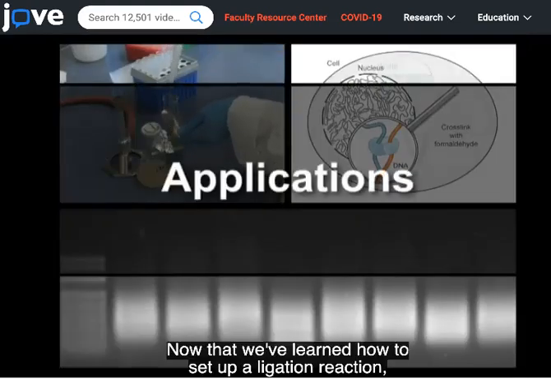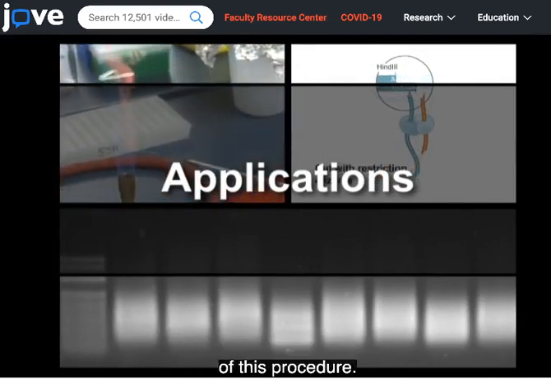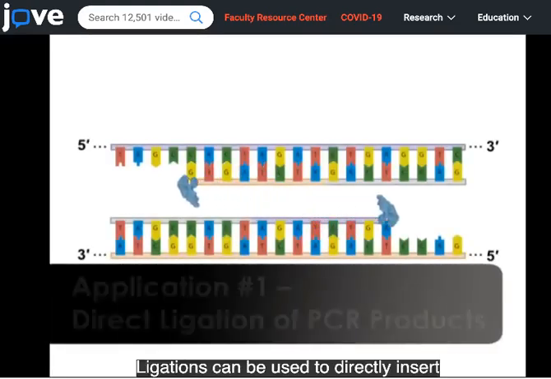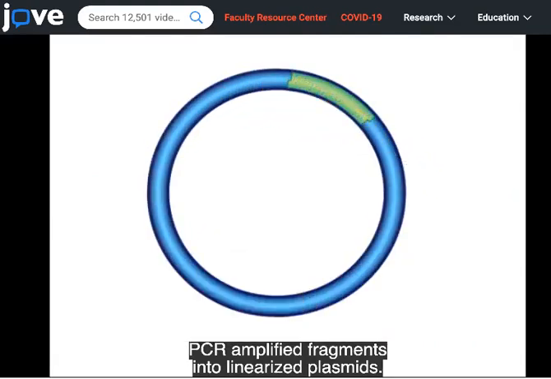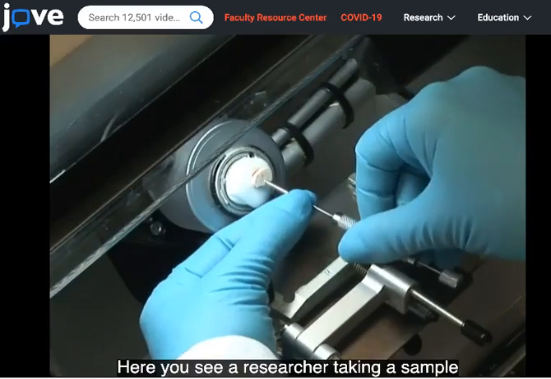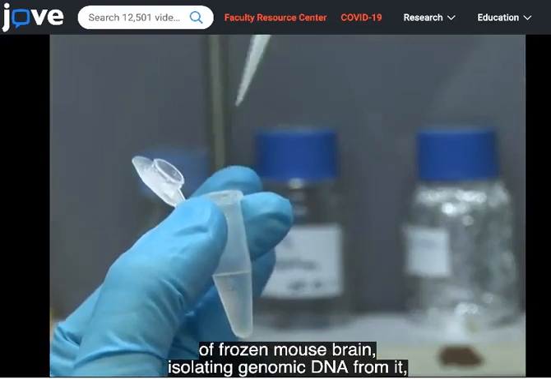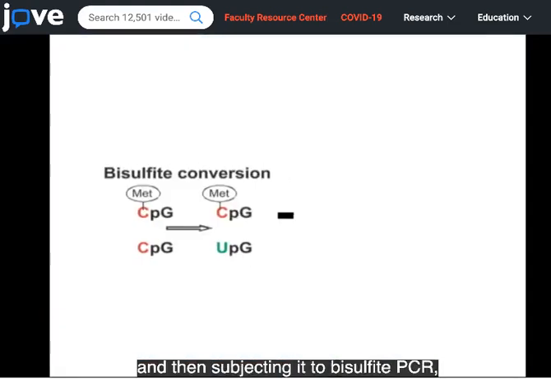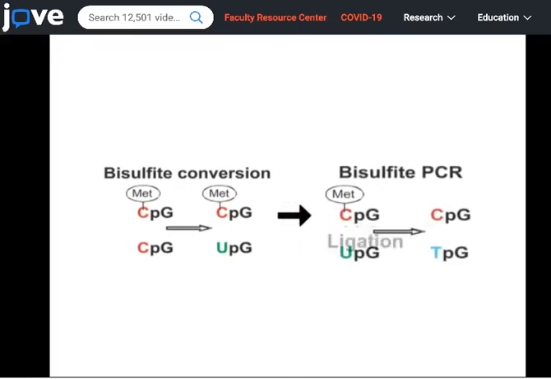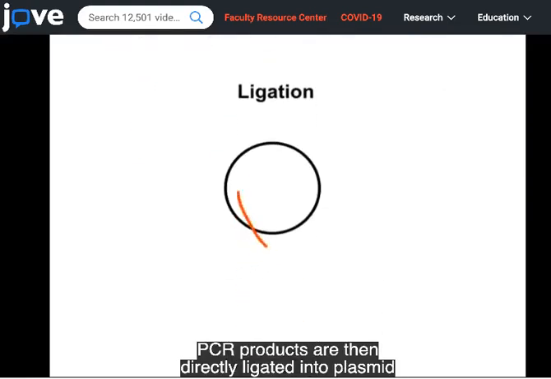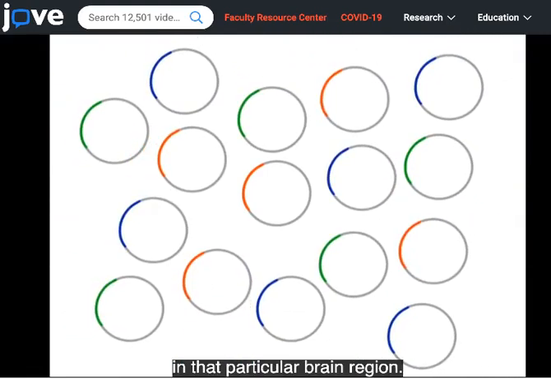Now that we've learned how to set up a ligation reaction, let us now look at some of the applications of this procedure. Ligations can be used to directly insert PCR amplified fragments into linearized plasmids. Here you see a researcher taking a sample of frozen mouse brain, isolating genomic DNA from it, and then subjecting it to bisulfite PCR, which is a PCR-based method to detect methylated DNA. PCR products are then directly ligated into plasmid to create a library of genes that are methylated in that particular